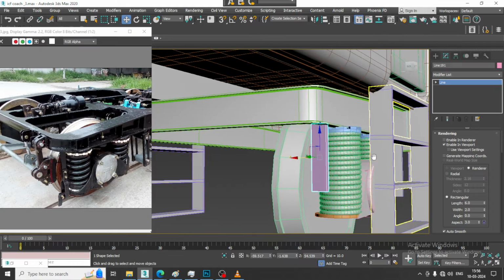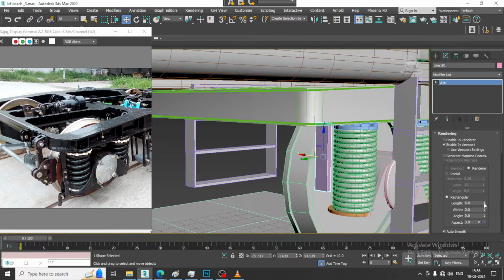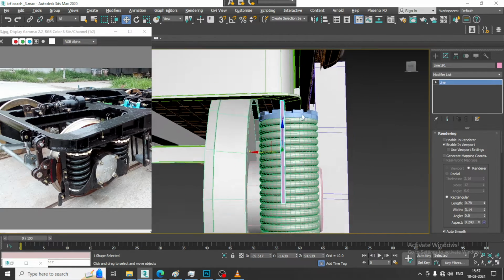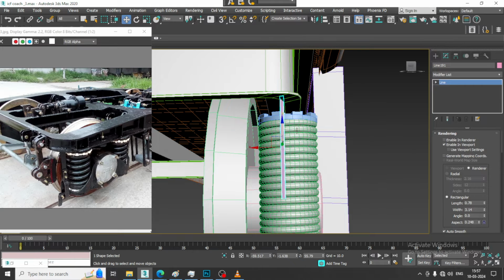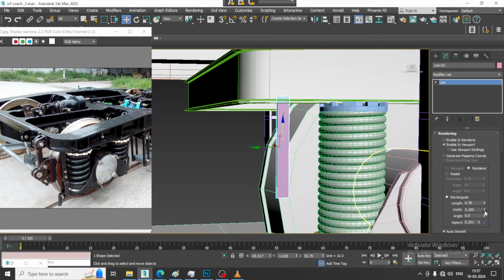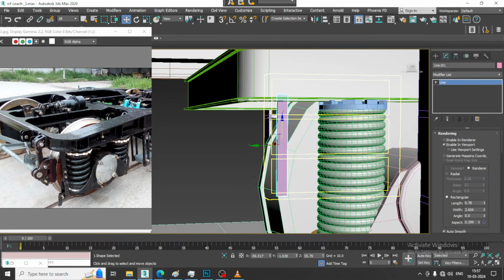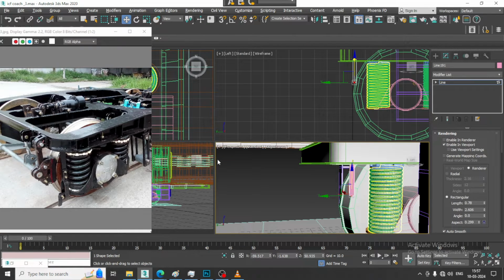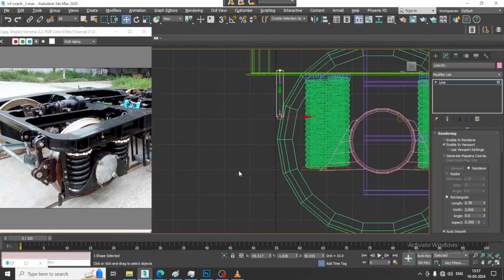enable in viewport, and I'll go over here, I'll slightly increase its width a bit if needed, and push it up slightly. So let's go over here